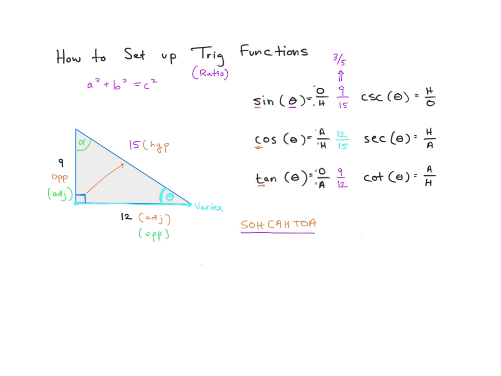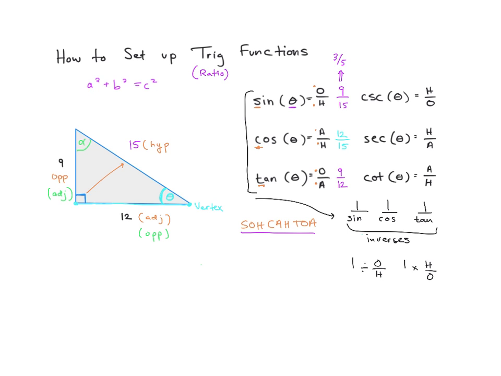Now, you do have your trig inverses. And what that is, they're taking all of these and basically making it an inverse, whether it be 1 over sine, 1 over cosine, or 1 over tangent. Those are your inverses here. And you could go through the whole process of saying 1 divided by my opposite over hypotenuse, which is 1 really multiplied by my hypotenuse over opposite. But we're just going to go ahead and say, okay, really our inverses are just the upside down